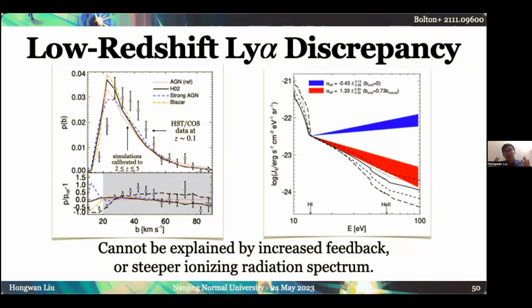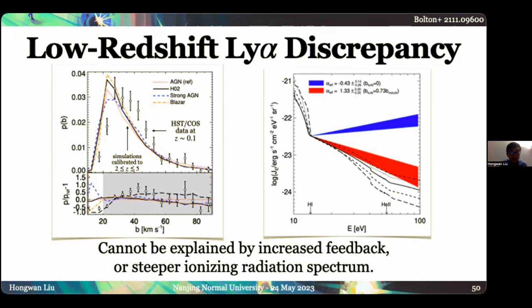But the unfortunate thing is that generally, if you increase the amount of radiation you're emitting, you also increase the ionization levels, and so you have fewer pockets of neutral hydrogen gas to do the absorption. As a result, you can see that no matter how we change the feedback on the left, looking at all the different lines on the plot, you don't really get a distribution that shifts to the right to get better agreement